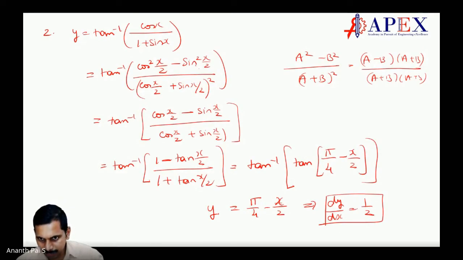I'm sorry, minus. Correct, minus, not plus, because when you divide by dx, when you do x by 2, it is minus half, is it not? I'm sorry, my bad. I've made a mistake. Okay, it's minus half, not plus half. Shall we go further? I have to cool down a bit.